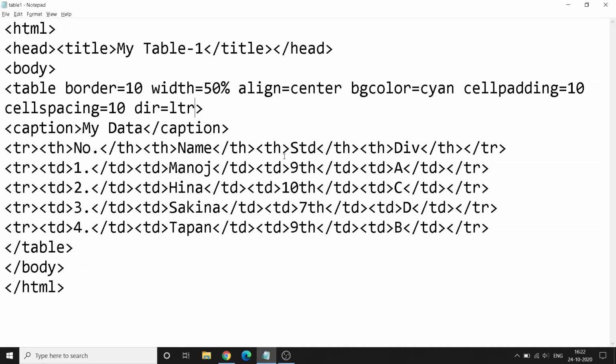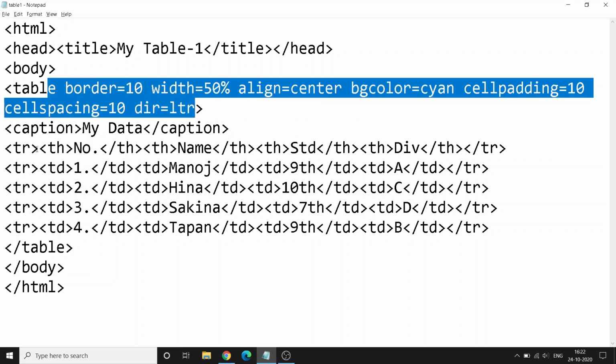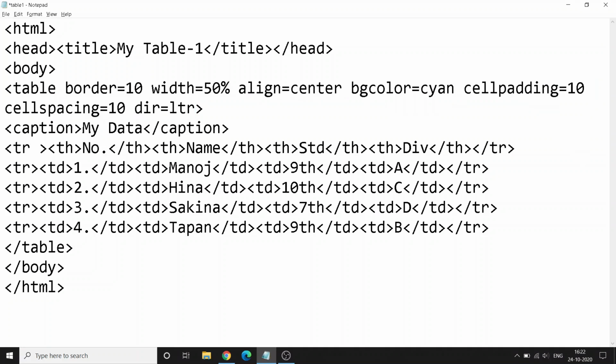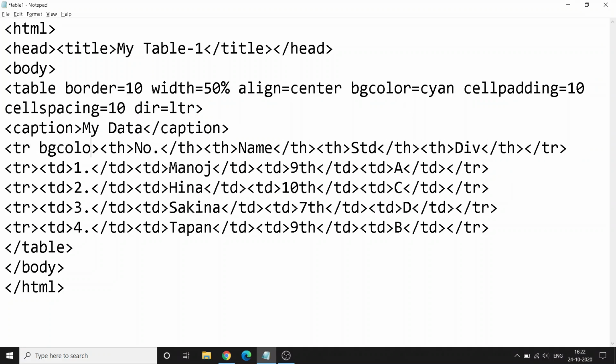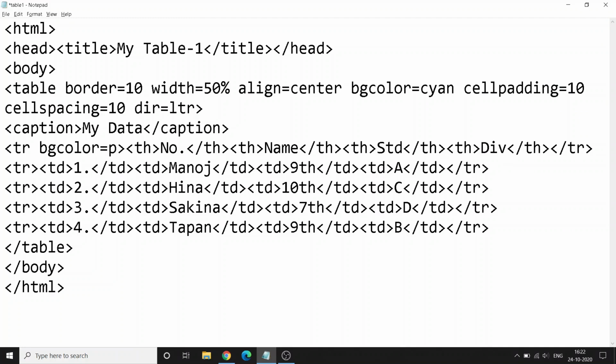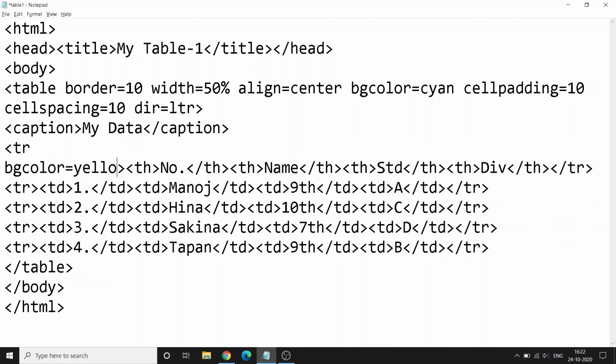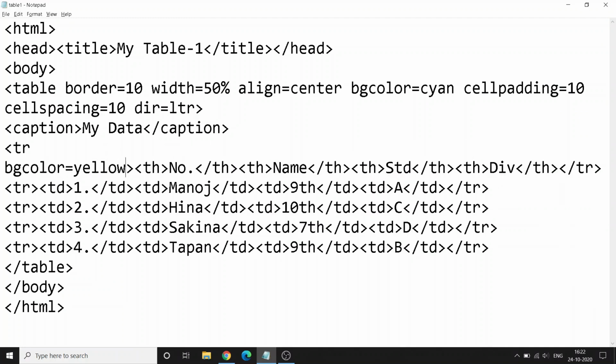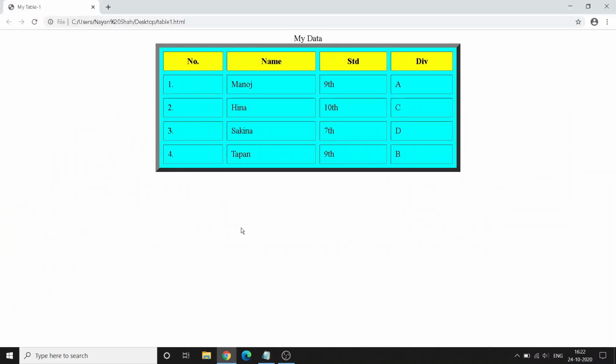So that is table. Many attributes which we have done here can be used with TR. For example, BG color. BG color is equal to yellow. If you say BG color is equal to yellow, you can see that the background color of that particular row will become yellow.